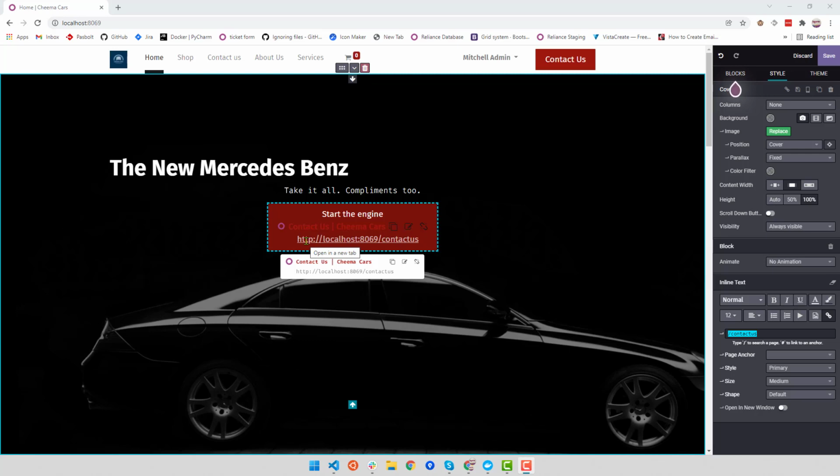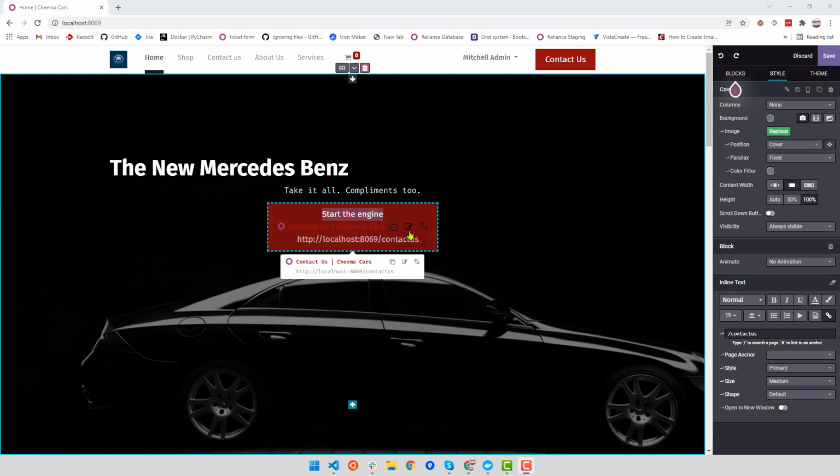By double clicking on this icon, you will be presented with an editing menu where you can change it. It's contact us, if you can see here. So you can just change the description here, whatever you want to write here. Then in contact us, when I click here, you can see you can change the link here. So whatever link or page you want to direct from here,